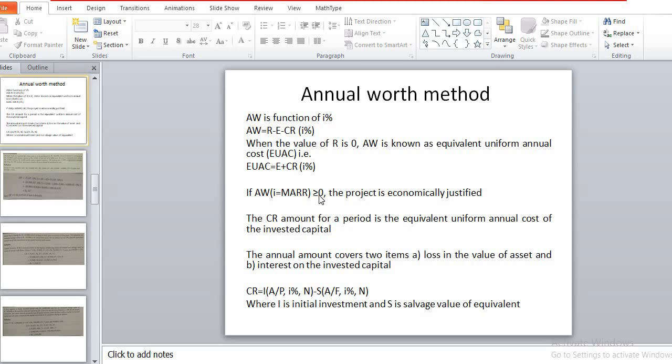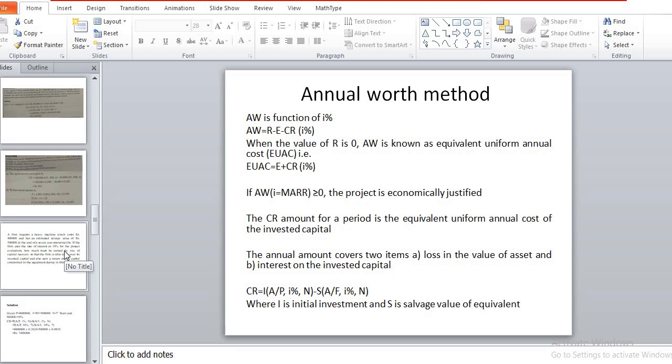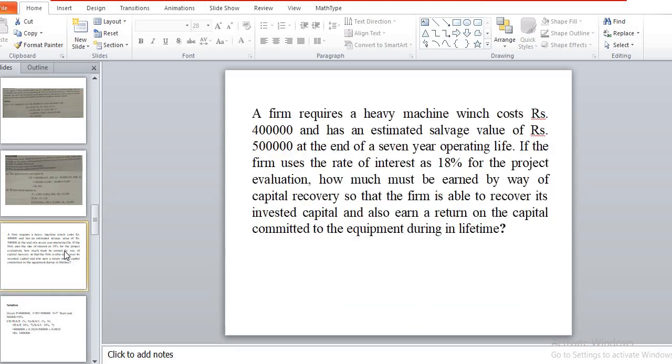So we go through some numericals based on this method. We move toward some more examples. So in this example